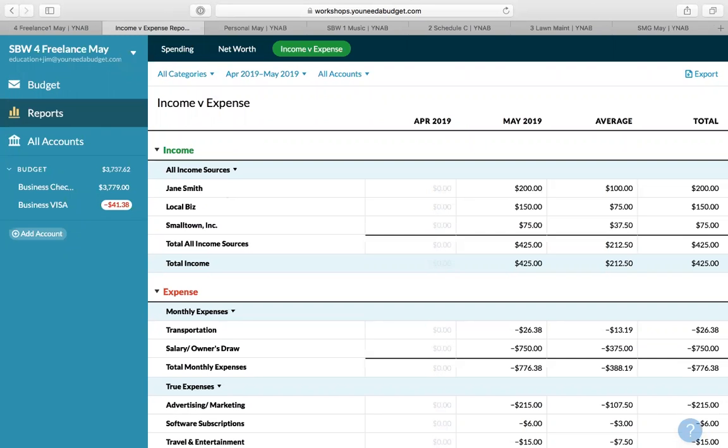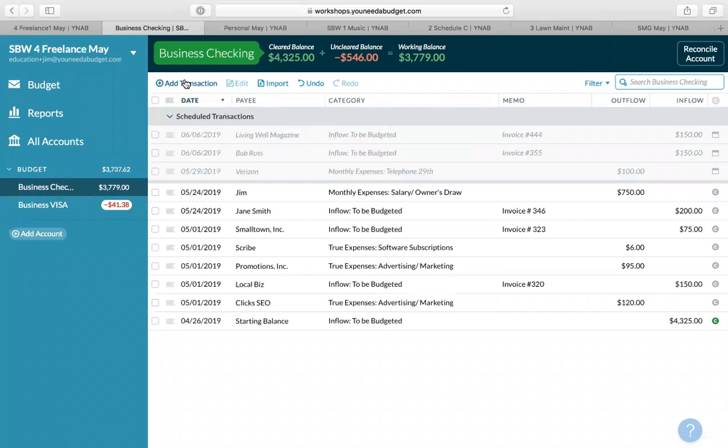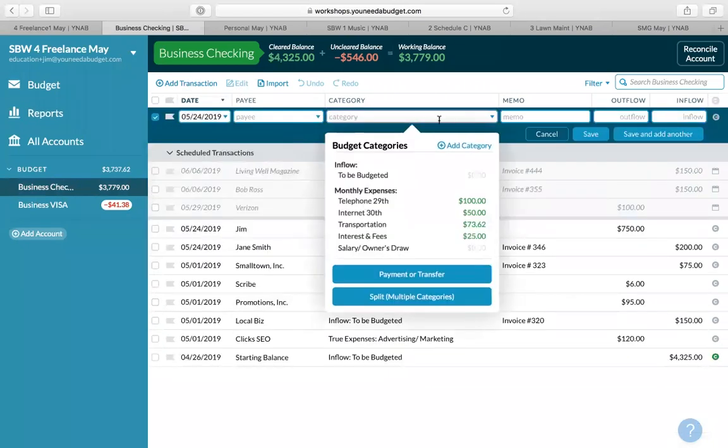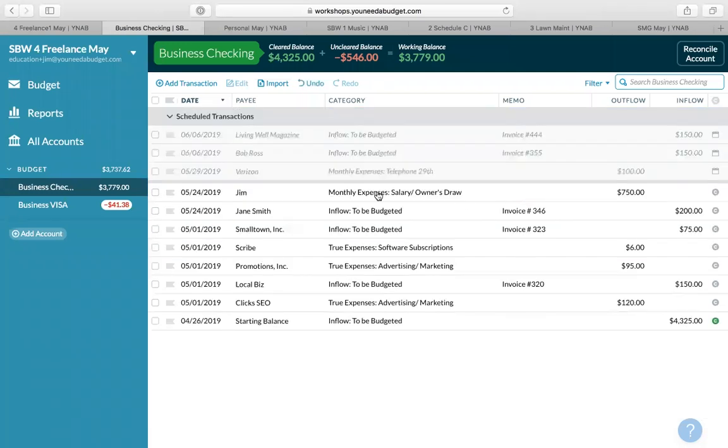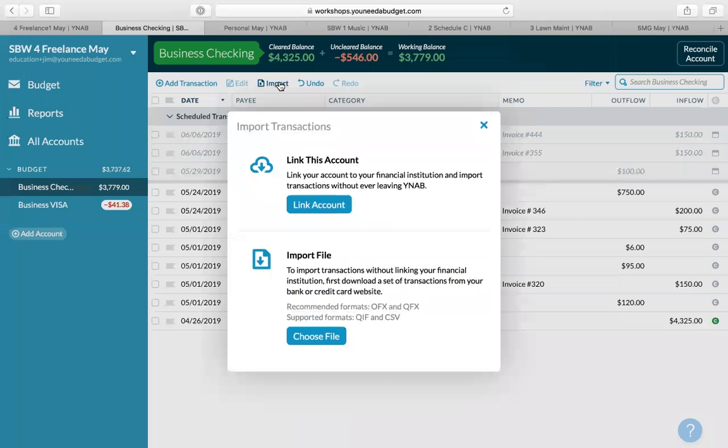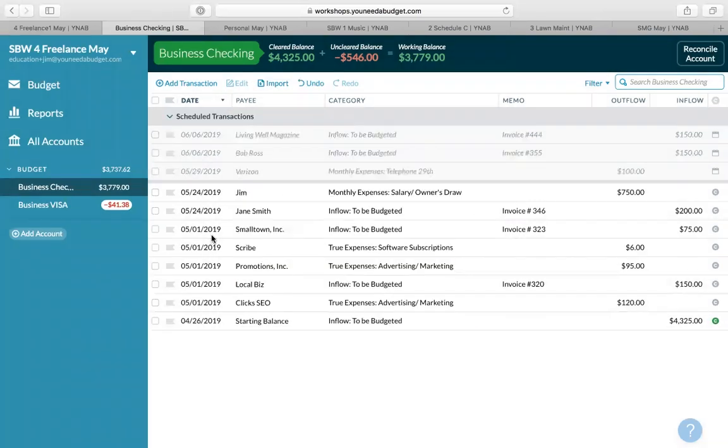And I know Zan was wondering about batching input split categories when transitioning to YNAB. Well, we can certainly split our transactions amongst different categories. If you add a transaction, in the category field you can split that into multiple categories. Okay. So as far as importing transactions, when you import a transaction from the bank, if you've got direct import set up, you'll be able to split those transactions as well as you categorize and approve them. So you can definitely split those transactions amongst multiple categories.